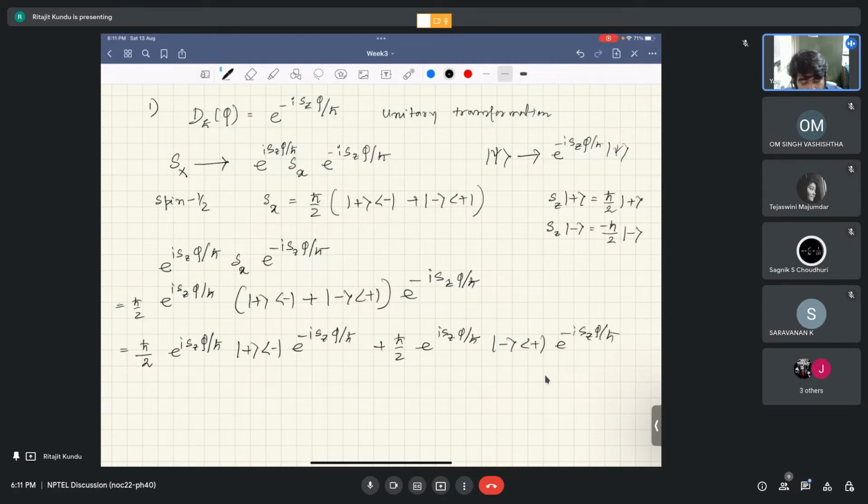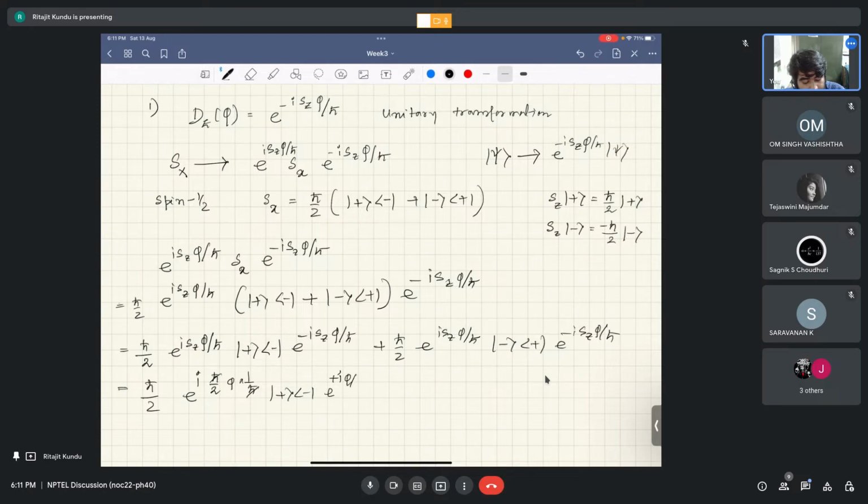So now when you are done with that, let's consider the action of this Sz on this ket and the action of this on this bra. Okay, so what will happen is, because these plus and minus are just the eigenvectors of Sz, when you apply these operators it will just become e to the power i. So let's say this is plus, so I'll use h bar by 2 times phi times 1 by h bar. Okay, so h bar and h bar cancel, so I am getting e to the power i phi from the left hand side, and similarly it will also become